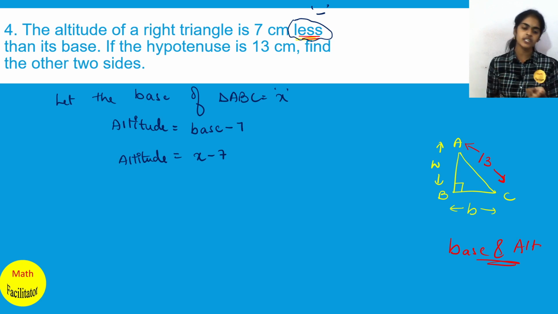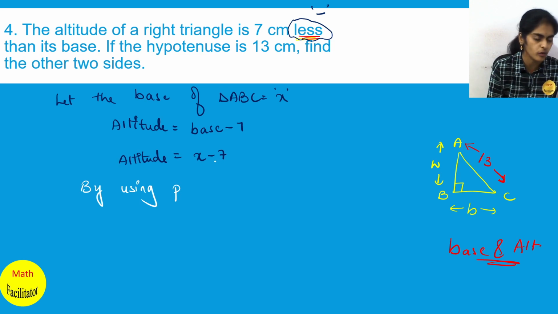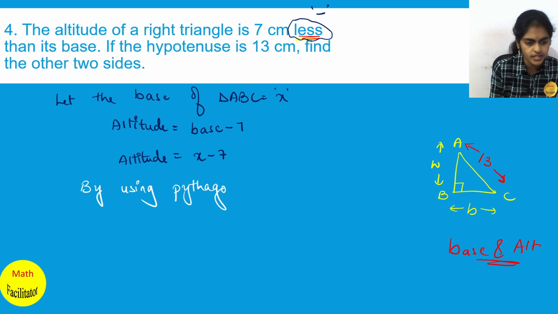Now they also gave you the hypotenuse value. Whenever you see a right angle triangle with the hypotenuse given, immediately you should remember about whom? Pythagoras. So you can use the Pythagoras theorem here. Let me know in the comment box right now what the Pythagoras theorem is. So by using